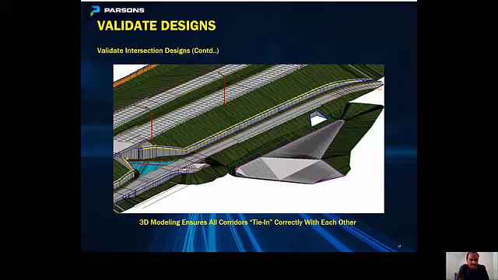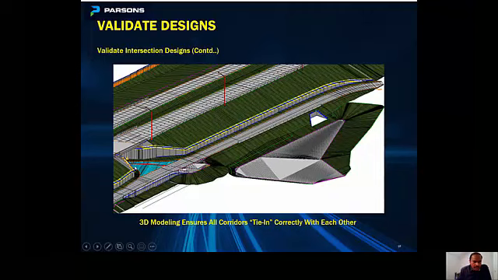This is another intersection that had a very severe skewed geometry. As you can see in this picture, the cross street had a very severe skew, and it was tying with the frontage road, and there was a driveway here.